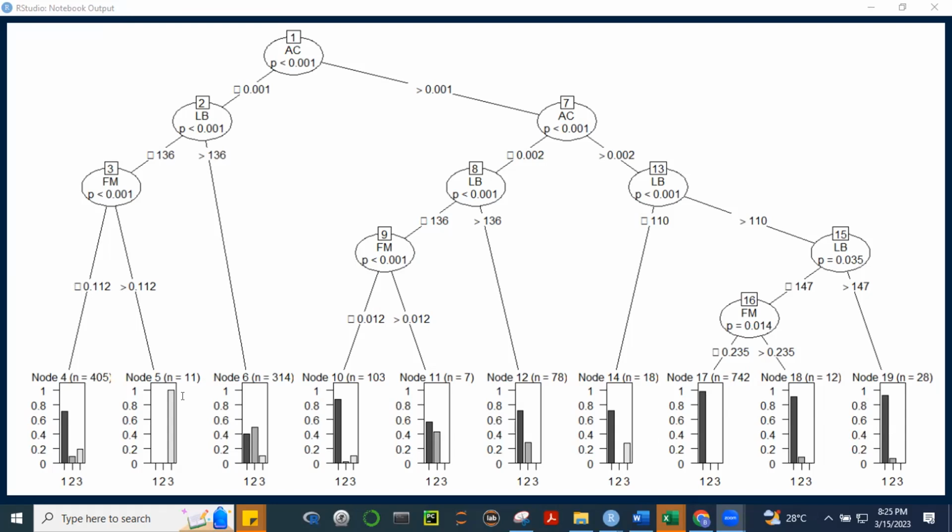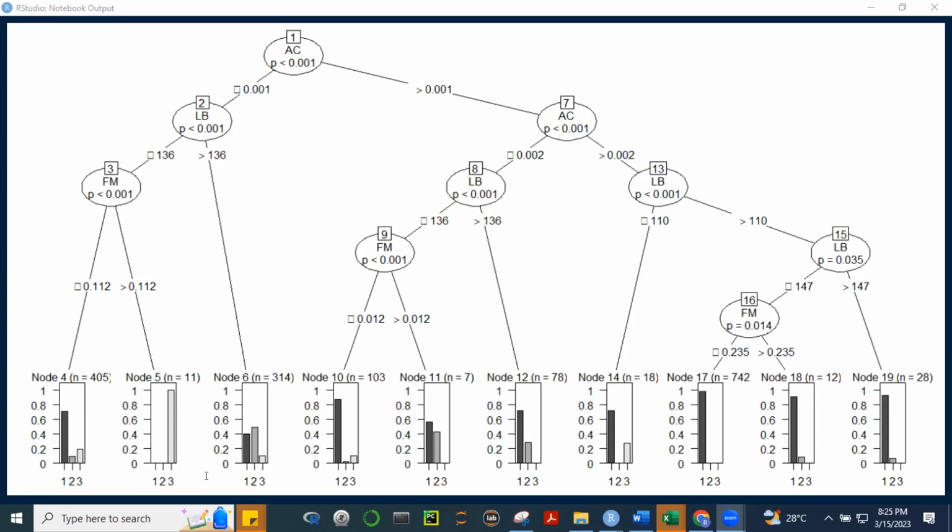So dito, ang laki ng probability, oh. So ito, 100% nga eh. Diba? Tingnan nyo, 1, no? So what's this? If AC is less than 0.008, and then we go to LB, if LB is less than 136, and then if FM is greater than 0.112, 100% sure tayo na pathologic yan. That's the meaning of this diagram. Okay? And it's different from an OLS, no? Okay? So ito na yung sinasabi natin na supervised learning using machine learning, itong decision tree.